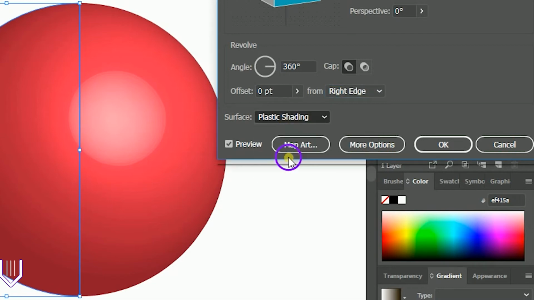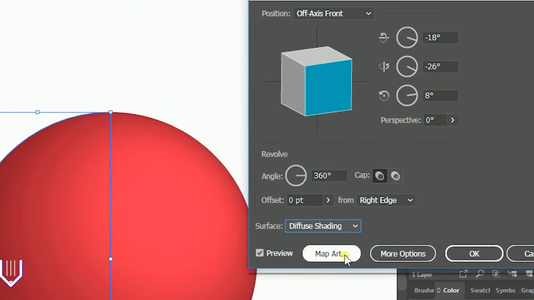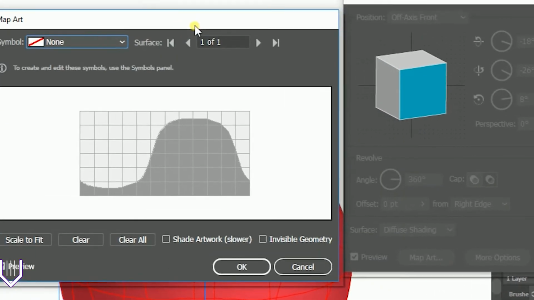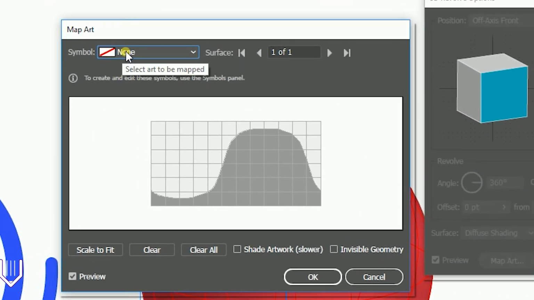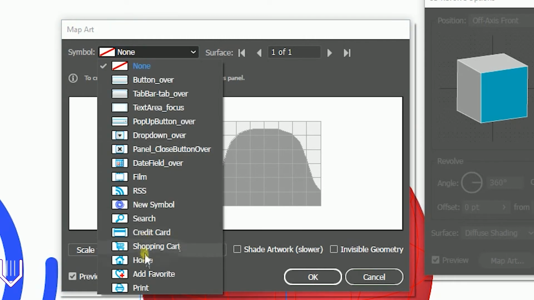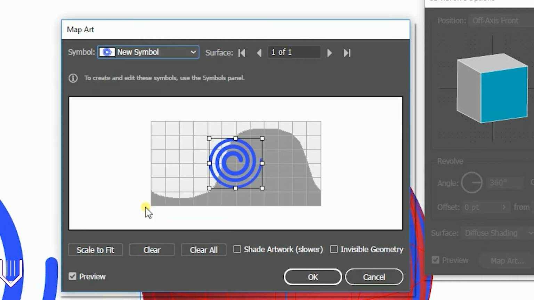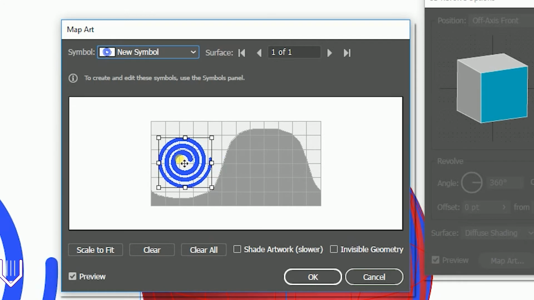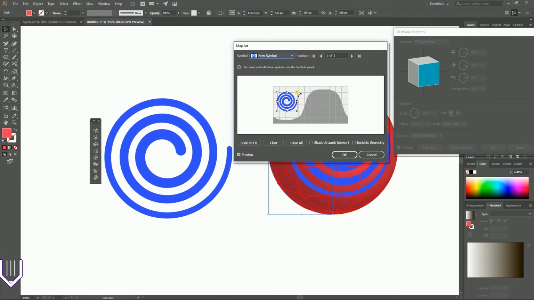But before, let's apply the diffuse shading so we can see the colors a little bit smoother. So bring up the map art panel, and from this drop down select your symbol, the new symbol here. Then push it to the visible area. All of these light areas are visible, and all of these grayish areas are hidden areas of our 3D object. Let's decrease the size of it and position it like so,